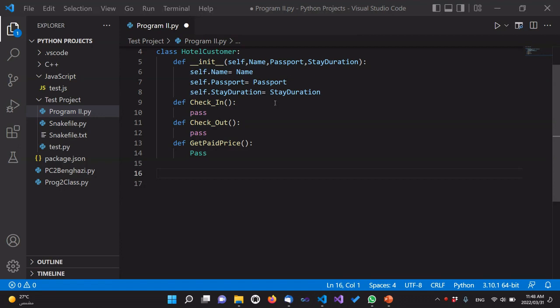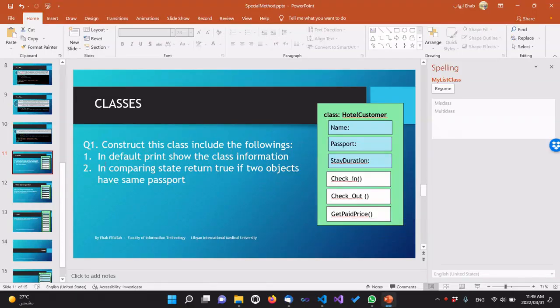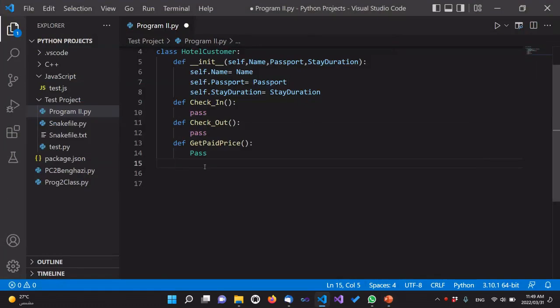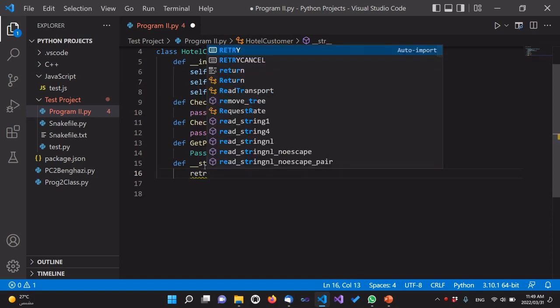So now after we complete the class and write all the methods inside the class, we will come to these two requests. The first request is: in the default print, show the class information. So here we have to define the __str__ special method, because in this special method we will print the information of this class, and this will return